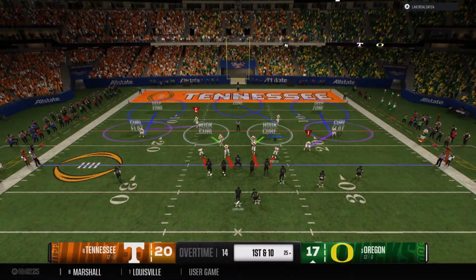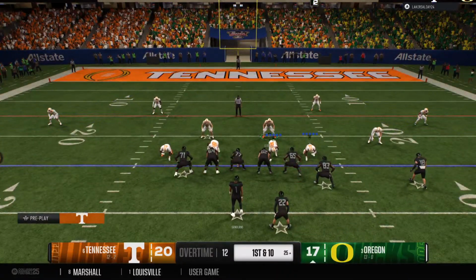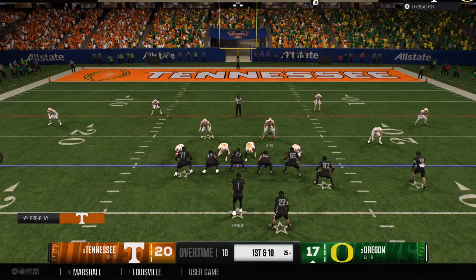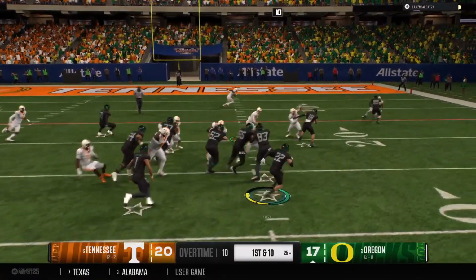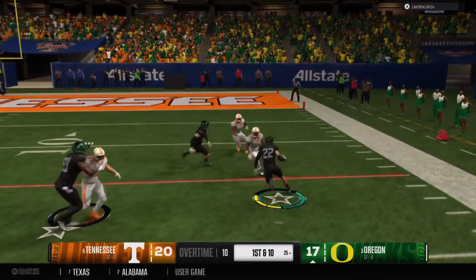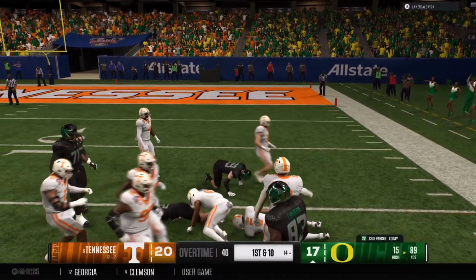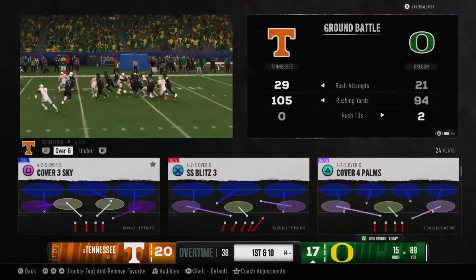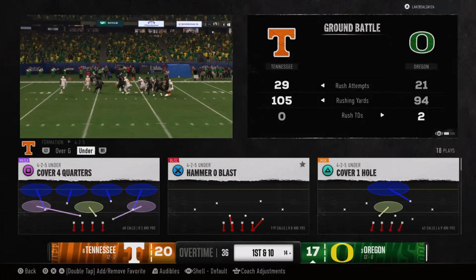So here we go. A touchdown wins the game here, needing at least a field goal to keep things going. Got the 1st down, now looking for more. They bring him down, but that's a solid gain on the play.